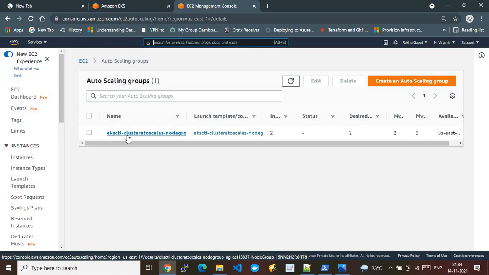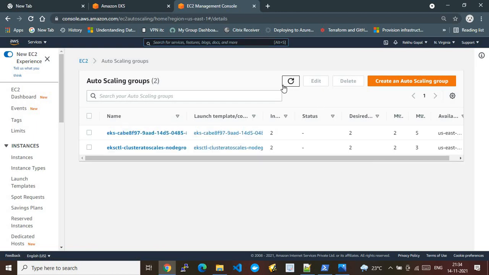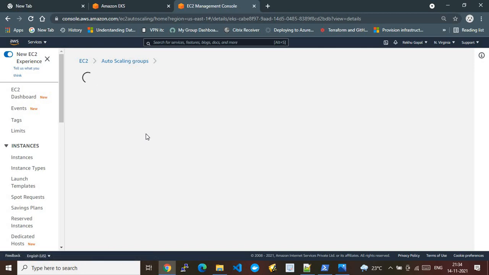All right, so this is our default autoscaling group. As of now, you see that the maximum is 3. Whereas since we are creating a separate node group, that node group has its own parallel autoscaling group. So the new autoscaling group has been created because we are creating the separate EKS node group. That's the reason we have the new autoscaling group here.